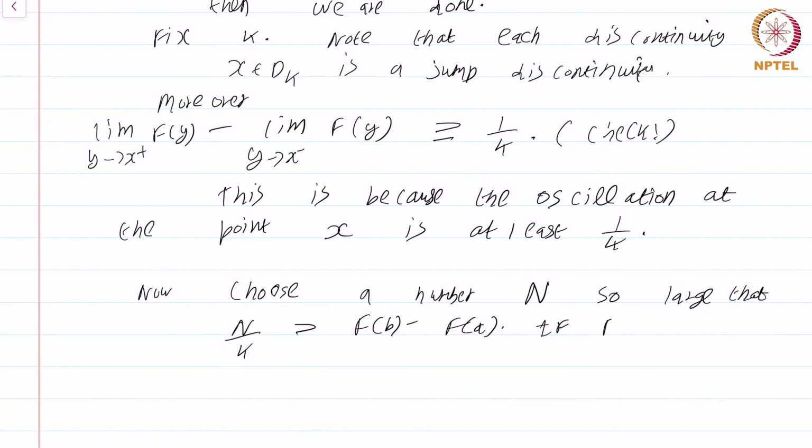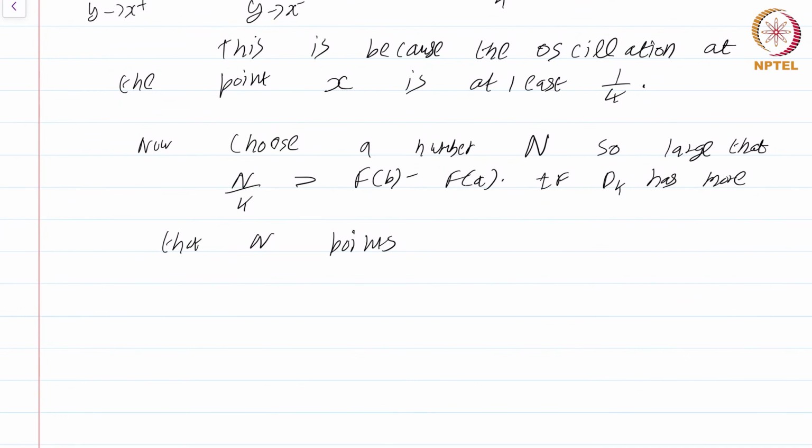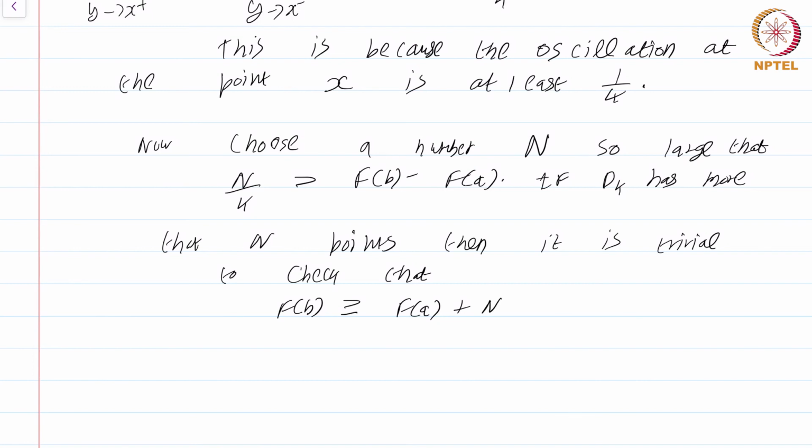If D_k has more than N points, that means there are at least N places where the jump is at least 1 by k, then it is trivial to check that f of b is strictly greater than f of a plus